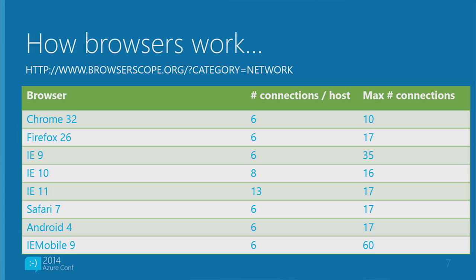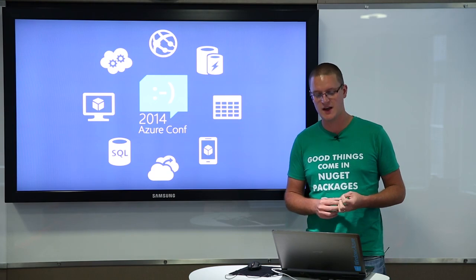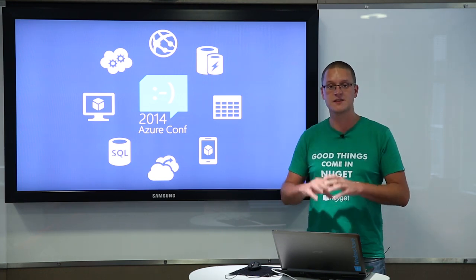So this means if you are downloading 10 resources, which is not too much, it's something you see on a lot of websites. If you visit them, you download at least 10 resources or a couple more, you're actually being queued by the browser by default, by definition, because the browser only supports 6 concurrent connections per host there. There's a lot of differences in browsers, but in general, it's probably safe to assume the smallest number there,